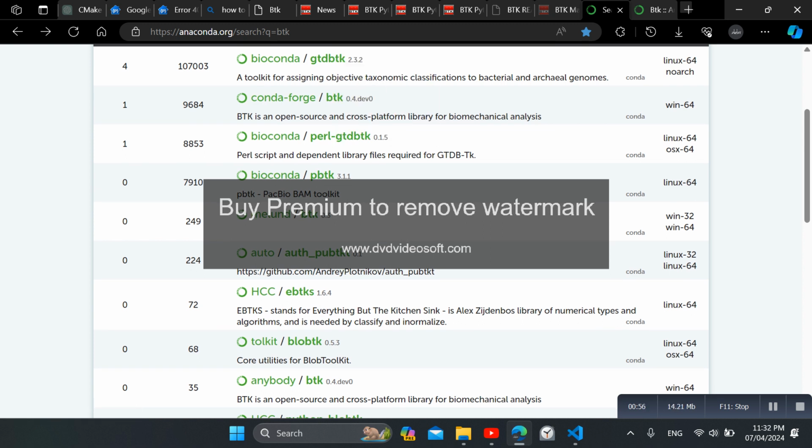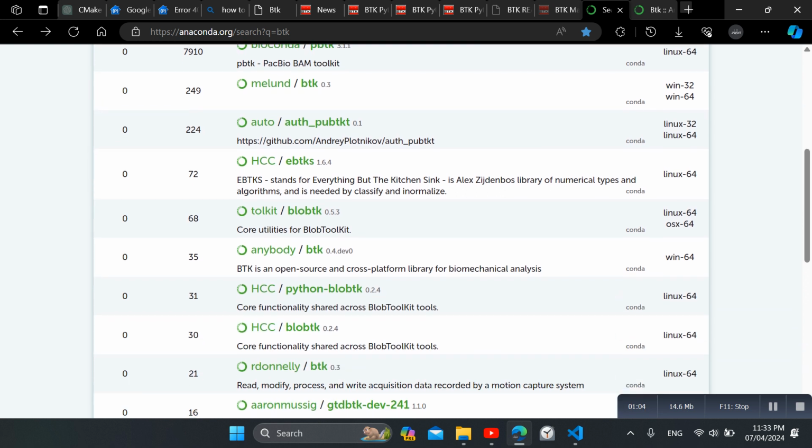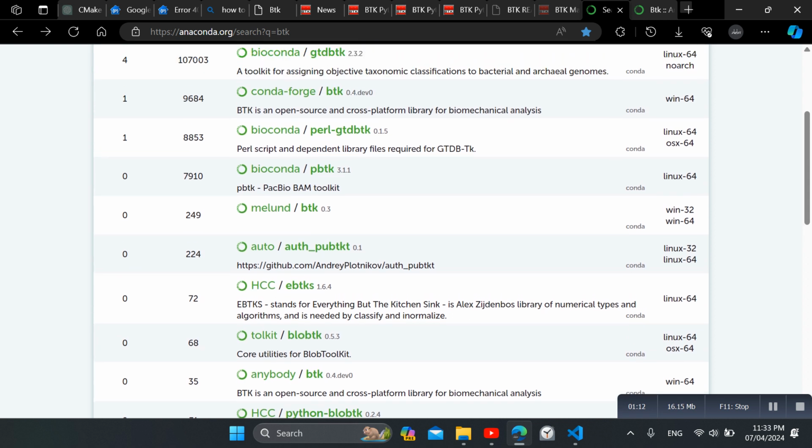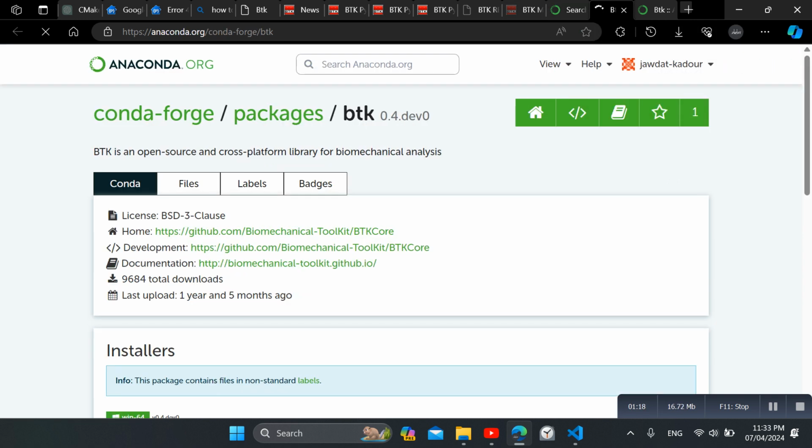It's compatible with Python 3.10 and above, and this version, BTK 0.3, is compatible with Python 3.7 and 3.8. You will head to the version your Python version is compatible with. So my version of Python is 3.10, and you'll need this